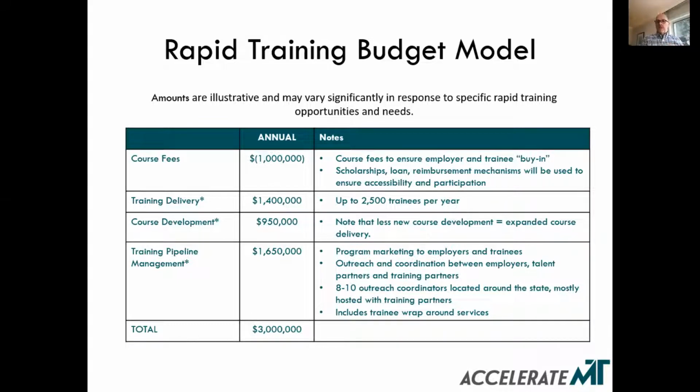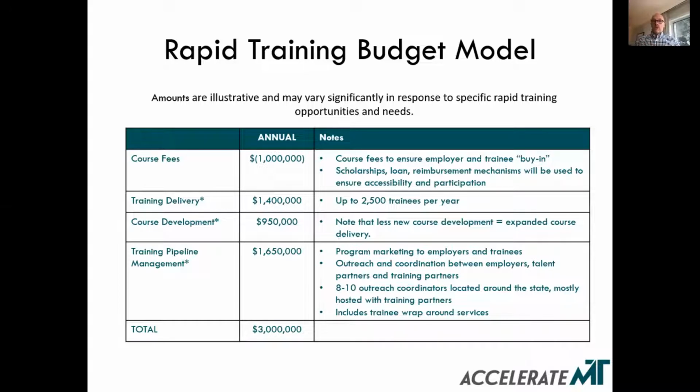But there are instances in which we will essentially send funds for training delivery to a training institution, because we've concluded that the kind of people that we want to recruit into those training programs do not have the funds to pay for the training, right? So we're essentially providing scholarships.